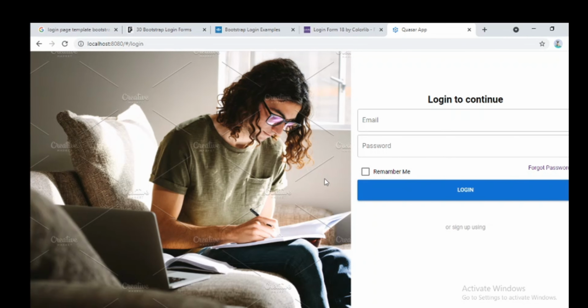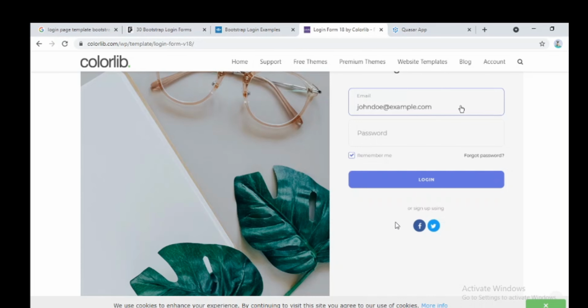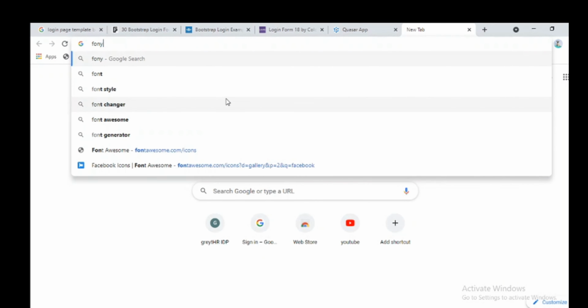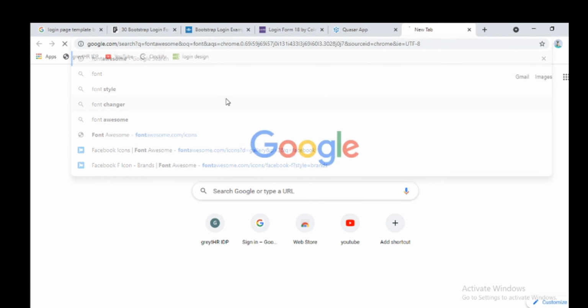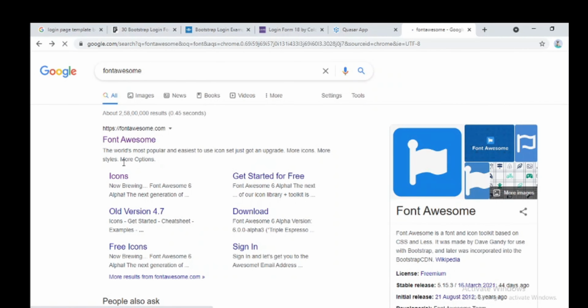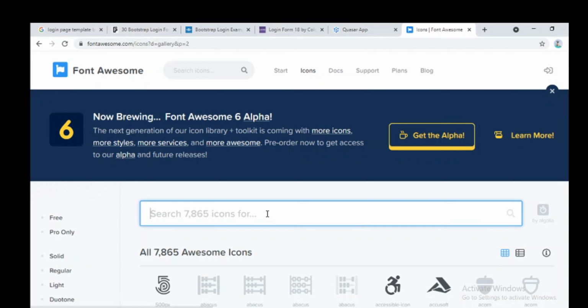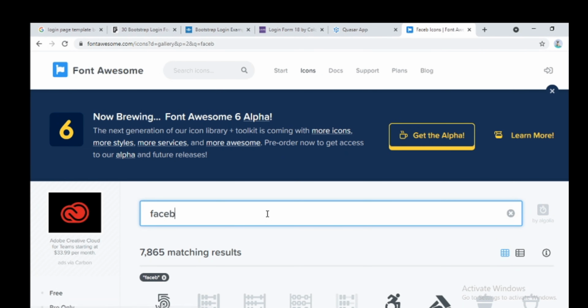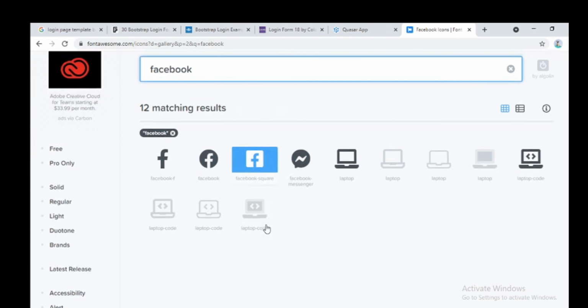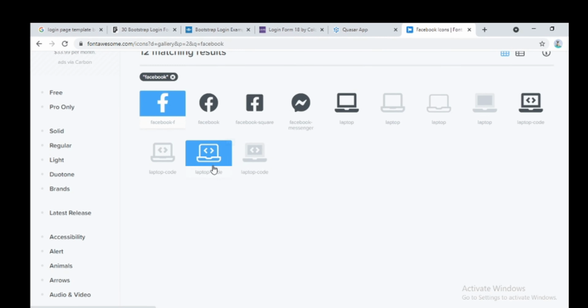Okay, now we are going to display these icons. For that we need to search for Font Awesome icons, and then Facebook. We will take this Facebook icon.